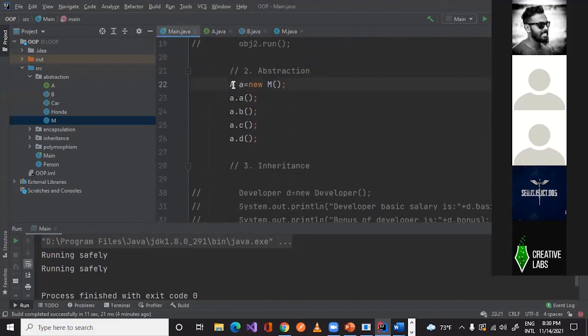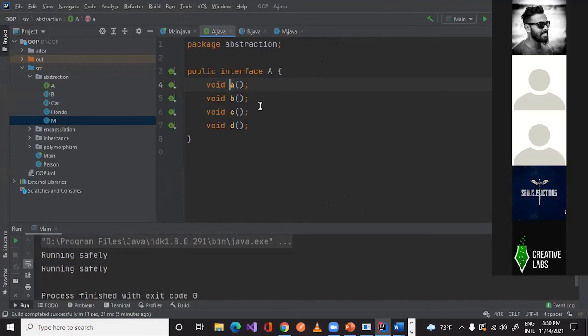Now we are creating an object out of this A interface and implementing this M. So out of this A, we can get all the methods. If we visit this A.A, it will directly come here. So now we have only the function there, not the implementation.